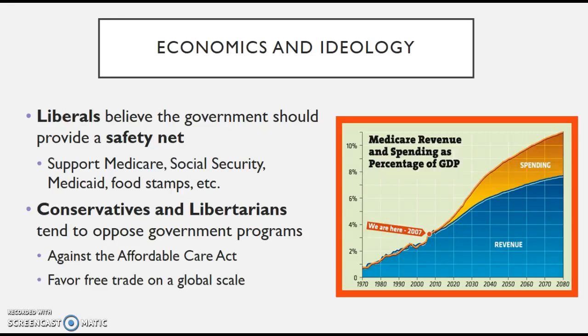It's not to say that every liberal believes that or every conservative doesn't believe that, but generally speaking, liberals tend to believe that. Whereas conservatives and libertarians tend to oppose major government programs. Look at the opposition, for example, towards universal health care with respect to the Affordable Care Act. They did not believe the government should be having a major role in people's health care and should be supporting people's health care. They also do favor free trade on a global scale as well. Again, fewer restrictions allows for greater trade, which ultimately is going to help American businesses, at least theoretically. So again, when you look at economics and ideology, when it comes to safety nets, certainly a stark difference there.